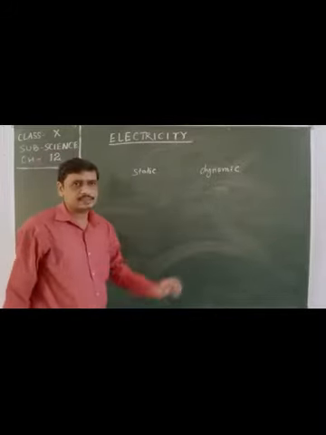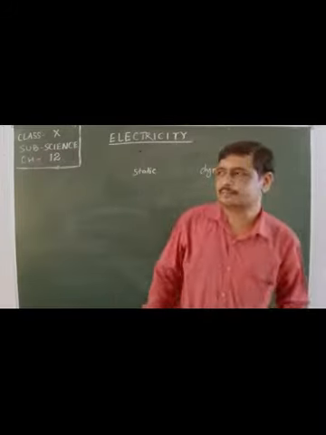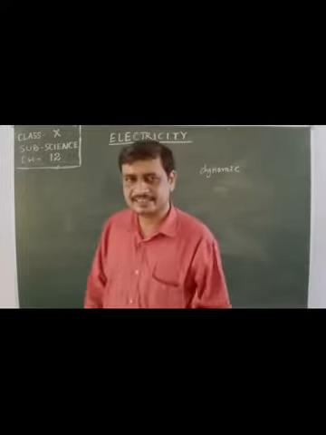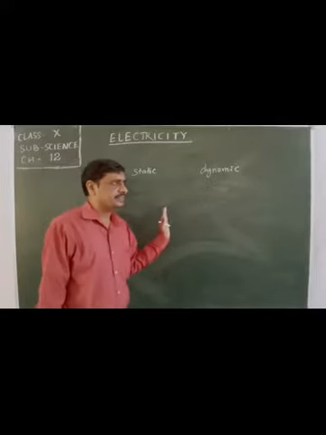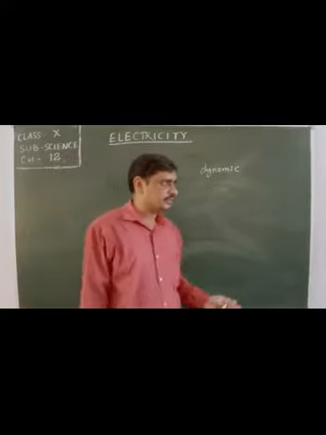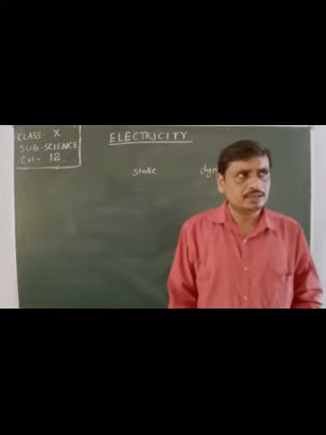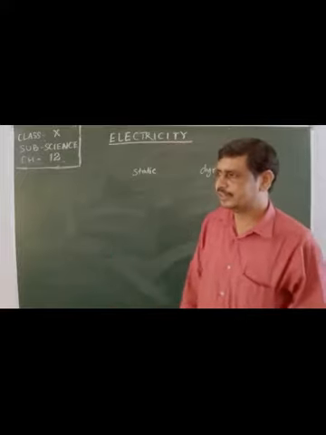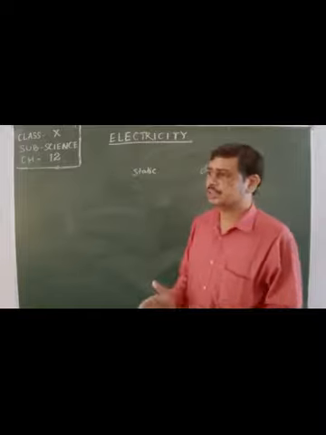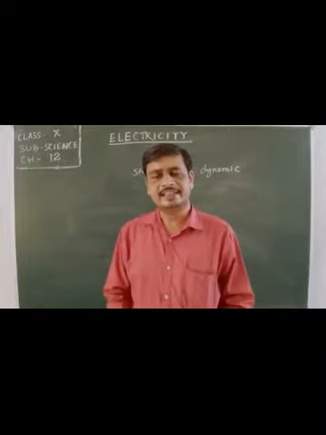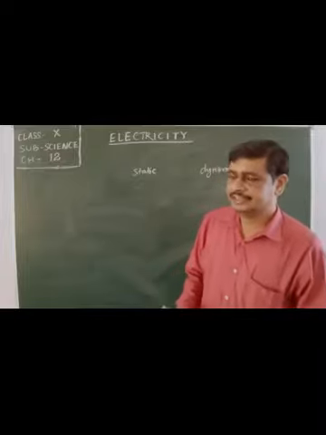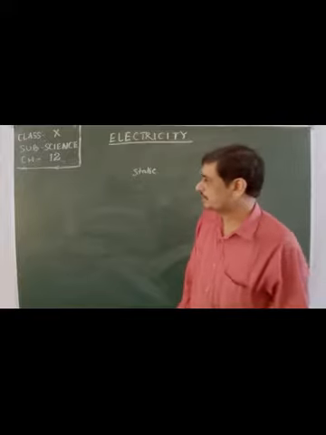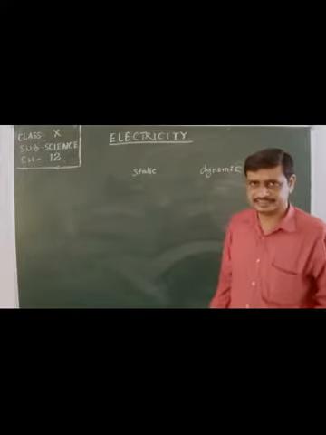Static electricity means the electricity which cannot be transmitted from one point to another point. That is static electricity. It always is stationary. Like the electricity which occurs from rubbing an ebonite rod on cat skin. When an ebonite rod rubs on cat skin, both the ebonite rod and the cat skin get charged, and they will attract the opposite charge as well as neutral objects. Such type of electricity is called static electricity.